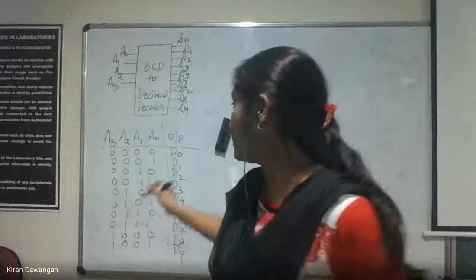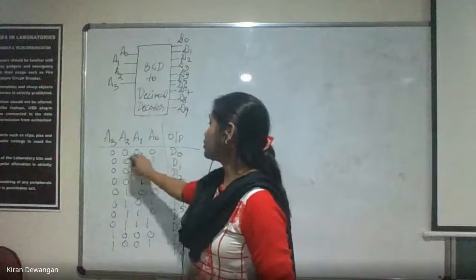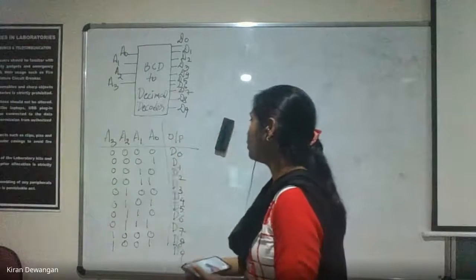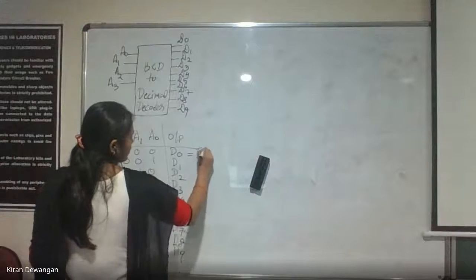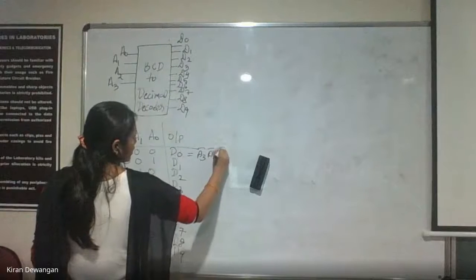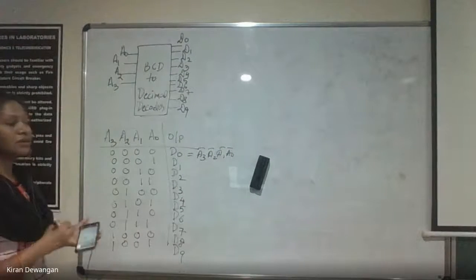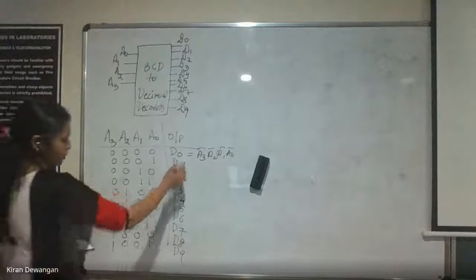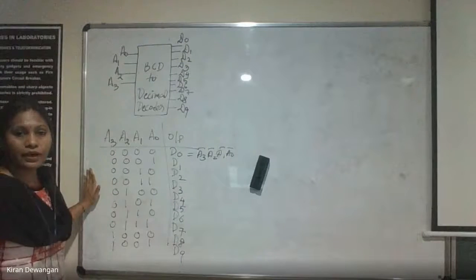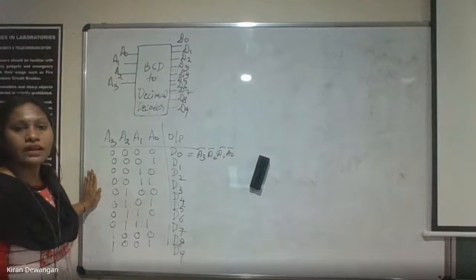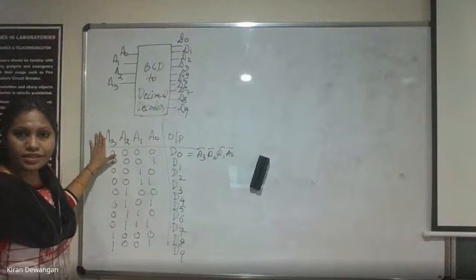And for designing this, you will have this input combination. So D0 is 0, 0, 0, 0. You already know what it will be. This is A3 bar, A2 bar, A1 bar, A0 bar, and accordingly you can write the expressions from D0 to D9 and you can design this. It's very simple. Just try it yourself, and don't forget to write the MSB and LSB here.